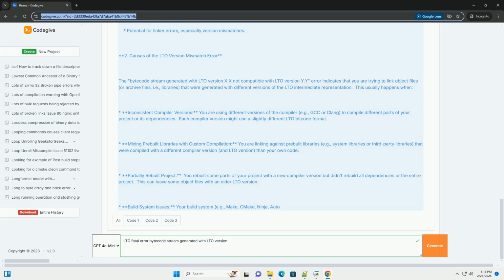This representation is similar to the LLVM IR. During the linking stage, the linker collects all these bytecode files and combines them into a single unit. The optimizer can then analyze and optimize the entire program as a whole, including functions that are called across different source files. This enables optimizations that are impossible in traditional compilation, such as